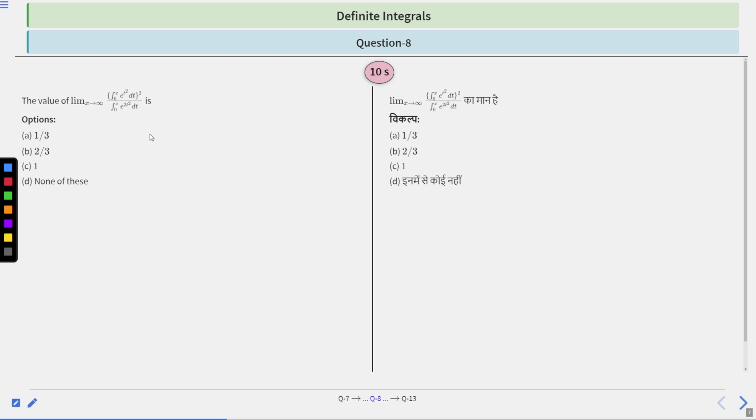Now see, we have to find basically the limit as x extends to infinity, right? So it is infinity by infinity form. In infinity by infinity form also we can apply L'Hospital rule. So when we apply L'Hospital rule, we will have to apply Newton-Leibniz formula to differentiate the numerator and the denominator, right? So in this way, you can try to approach this question. You have 10 seconds to solve or think about this question. After 10 seconds, we will discuss the solution.